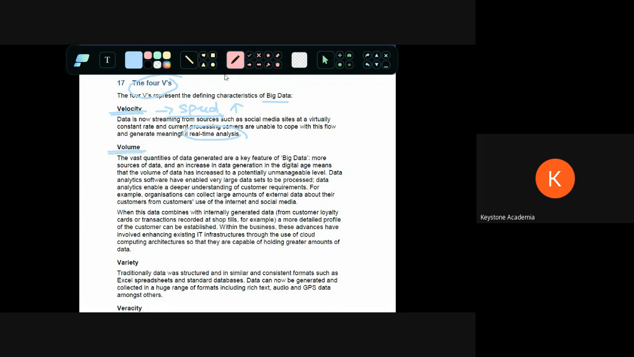Volume is the same, like the huge quantities of data that we are collecting now, which a manual person cannot analyze. Variety is the types of formats that you can collect, like your text, audio, GPS data, and many more. Then you have